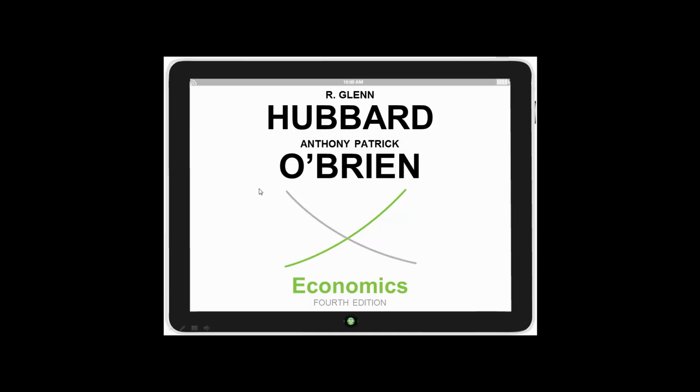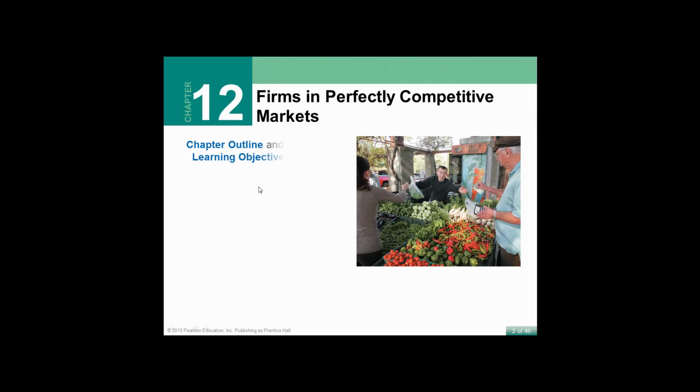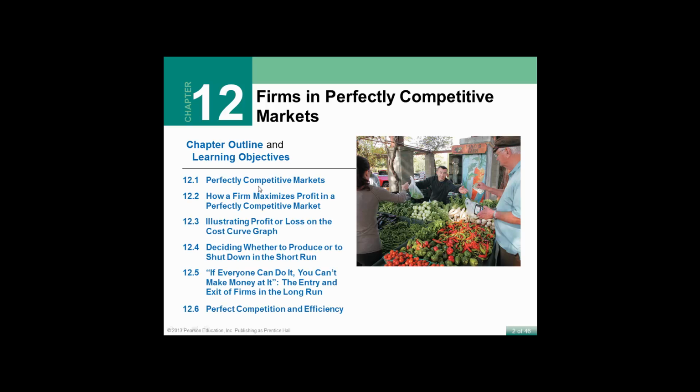This presentation is on Chapter 12, Perfectly Competitive Markets, Firms in Perfectly Competitive Markets. We're going to discuss what a perfectly competitive market is, how a firm can maximize profit in a perfectly competitive market, decide whether to produce or shut down in the short run, and if everyone can do it, you can't make money at it,